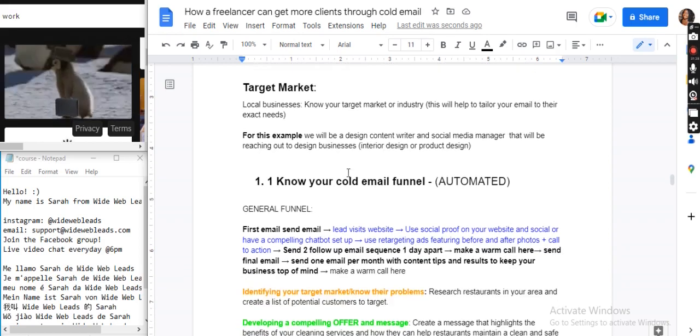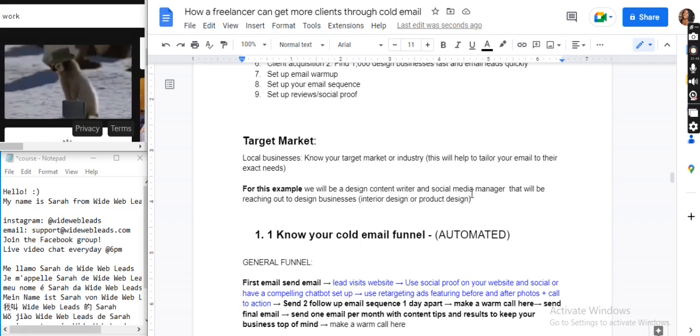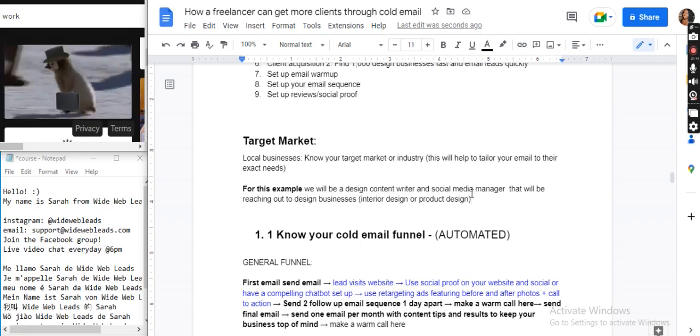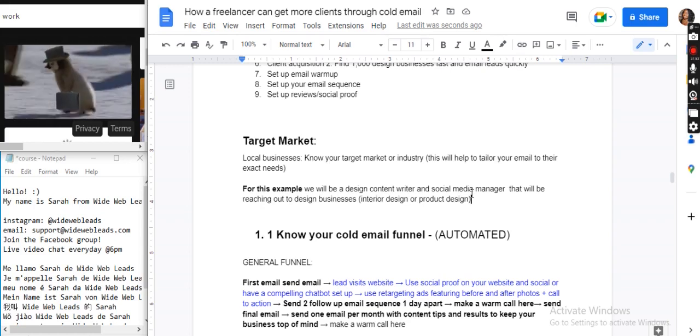So these will be people who are keen on design, who like to have good websites, who most likely post a lot on social media about their work, and who need things to look very professional and clean and, what's the word? Luxurious. So that is why we're targeting designers today, and it's going to be super easy with our tool that we're using.